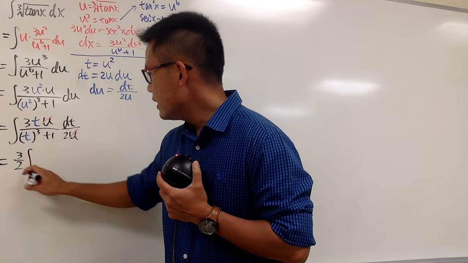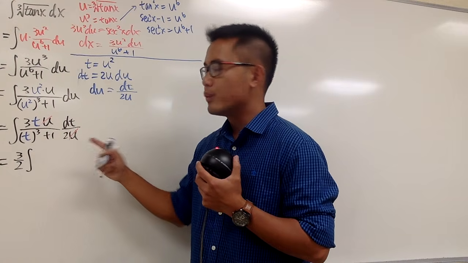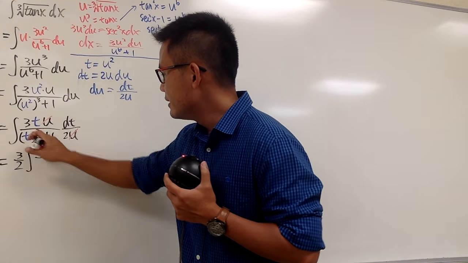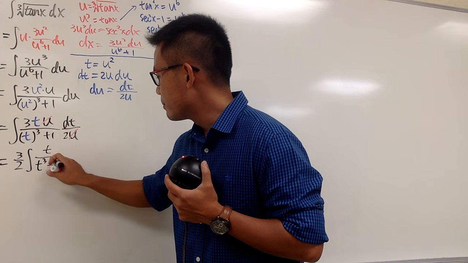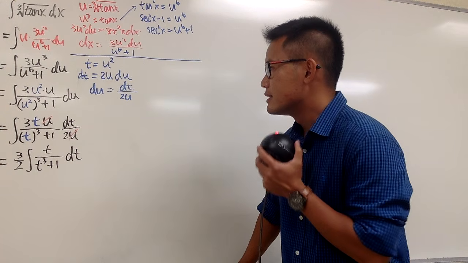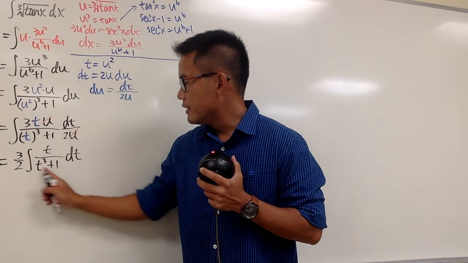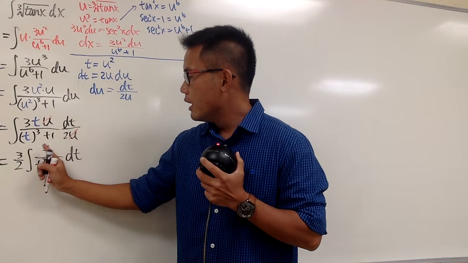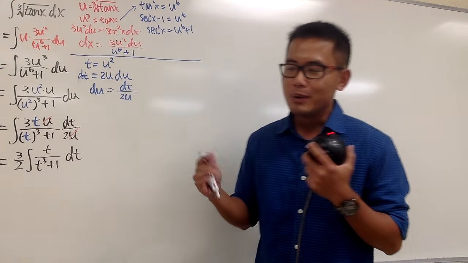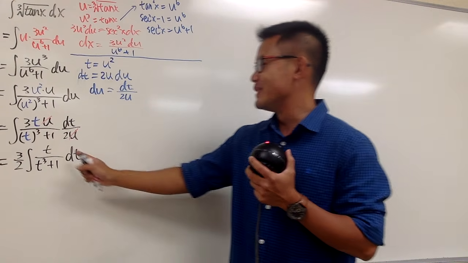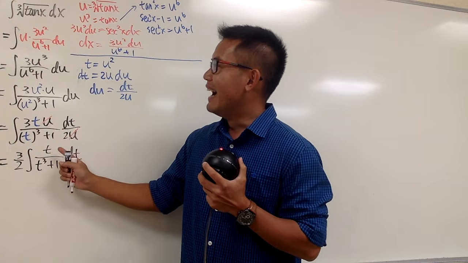And then this is the integral. On the top, we have what? We have this t, right? Over, this is t to the third power plus 1. And then this is dt. Okay, now let me pause this a little bit. Here, if you just look at the integral inside, right here we have a rational expression. It's not easy, but it's easier to do partial fractions in comparison with